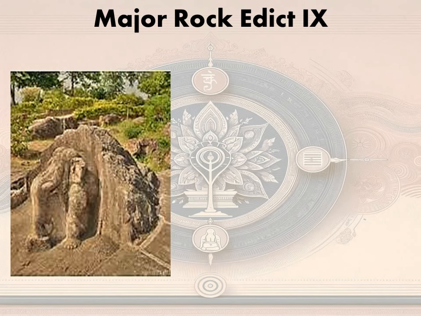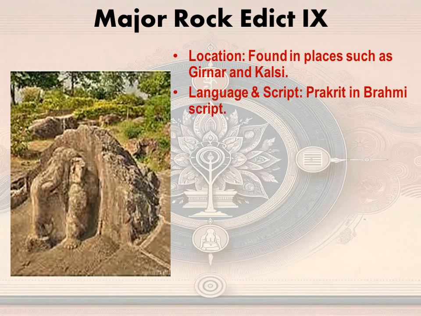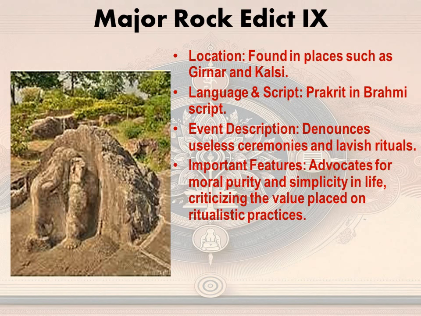Major Rock Edict number 9. This is found in places like Girnar and Kalsi. Again, in the place of Girnar, basically we find almost all the major rock edicts. It is written in Prakrit language and the script is again Brahmi. It denounces useless ceremonies and lavish rituals. So, this is a rock edict where Ashok condemns the lavish ceremonies and useless rituals which were in practice at that time. It advocates for moral purity and simplicity in life,